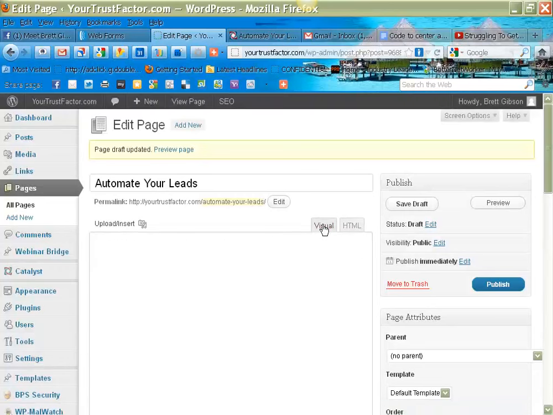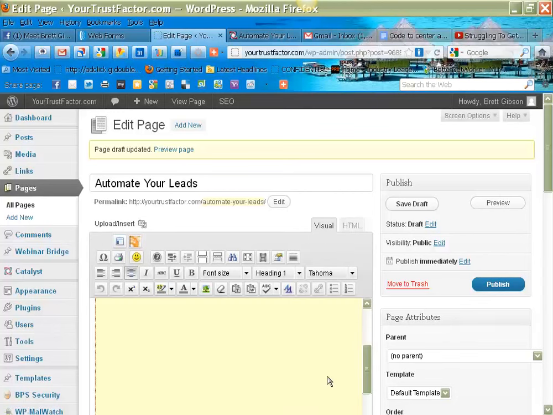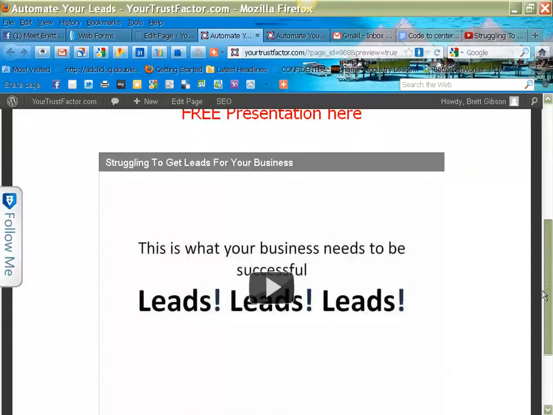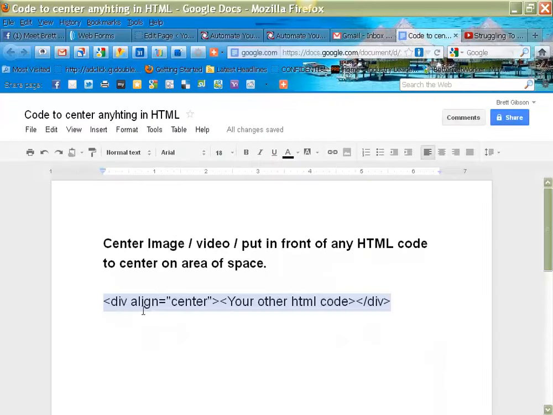Come back to visual, click it back over to visual, and I'll show you what this looks like. It's just going to show you a box right now. Okay, we'll go up to preview page. And just waiting. Okay, now I'm going to make some tweaks later, but that code, that little code that I showed you earlier to copy, to remember,